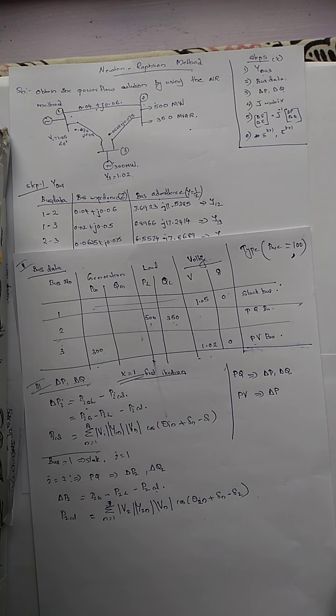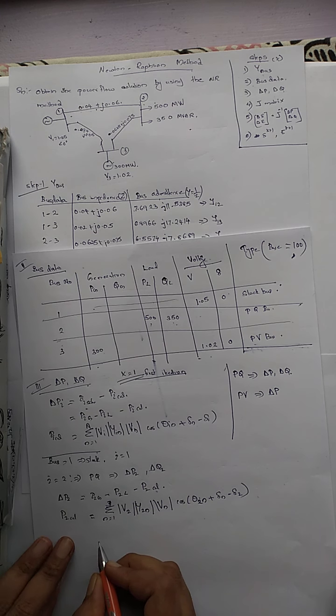Okay, and that V2 value also we have to assume. V2 value we have to check whether it is given or not. So if the V2 value is not given, then we have to assume it as 1.01. Otherwise we have to take the given values. Usually it won't be given because the bus is a PQ bus. Voltage value will not be given.